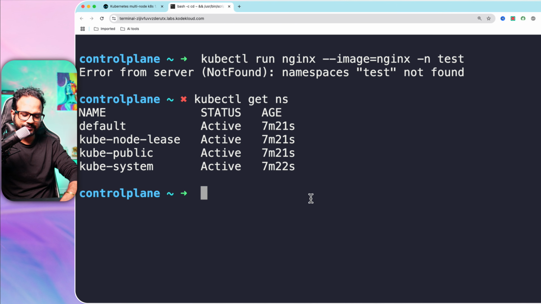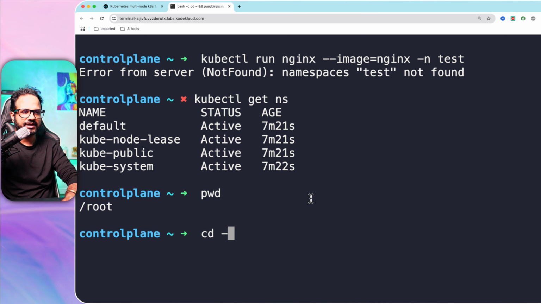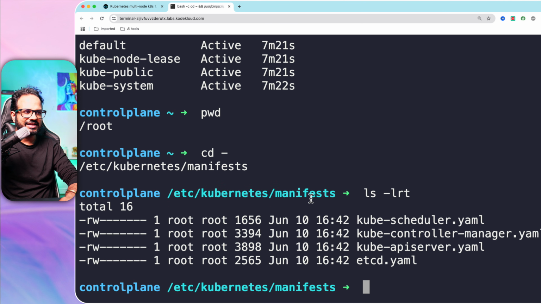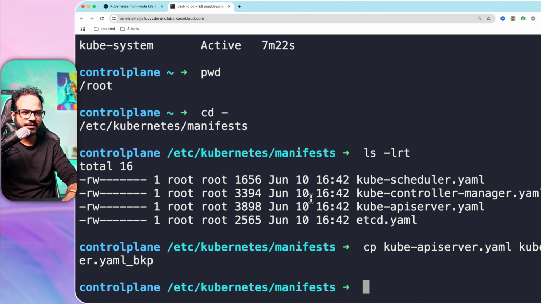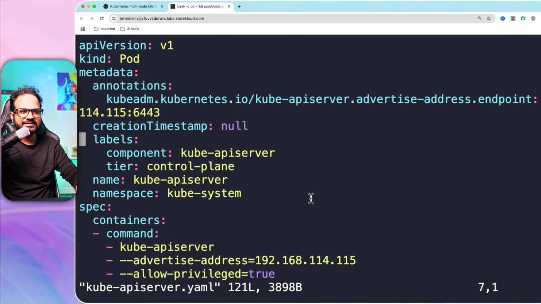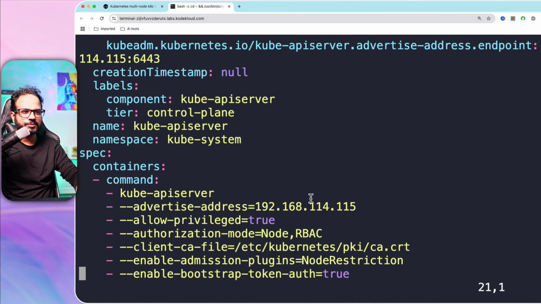So how do we enable it? We go to the same manifest directory. Let's take a backup of the Kube API server manifest because we don't want to mess with it. kube-apiserver_backup. Now let's do a vi on kube-apiserver. At the same place where we have the enable-admission-plugins option, let's add a comma and add another admission plugin, which is namespace